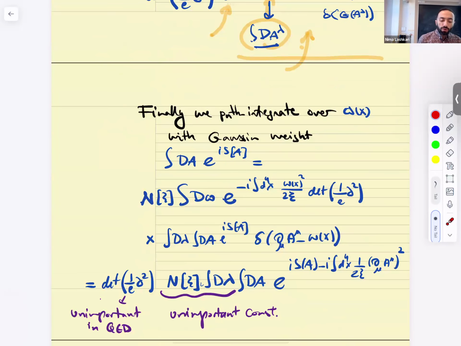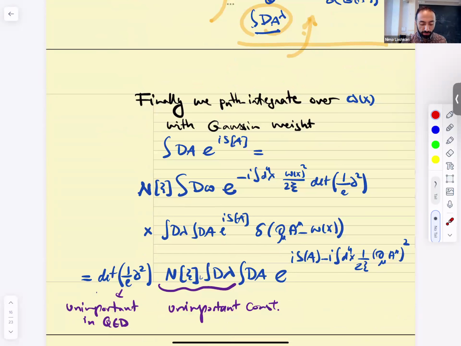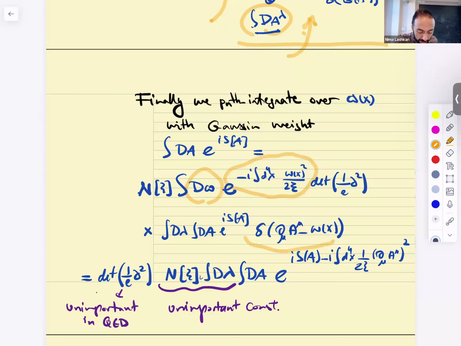In step 2, what we do is, here's omega of x. I'm going to path integrate over omega of x with this measure. So I just put everything next to each other and perform the path integral. This comes out, this is n mu d lambda. If I path integrate over d omega, and this is where the omega dependence is, the other omega dependence is here. What is this path integral?